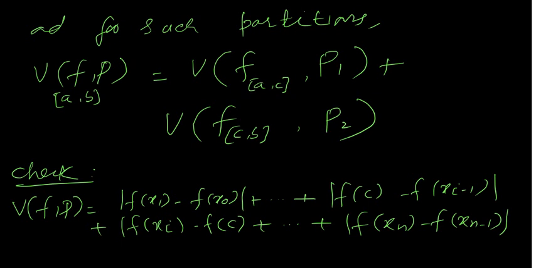And you can see this one is the variation of the function f over the interval AC, because x0 is equal to a, and this is the point C here, the last point. And this is the variation of the function over the interval CB, because here we are starting with the point C and xn is equal to b. So this is equal to